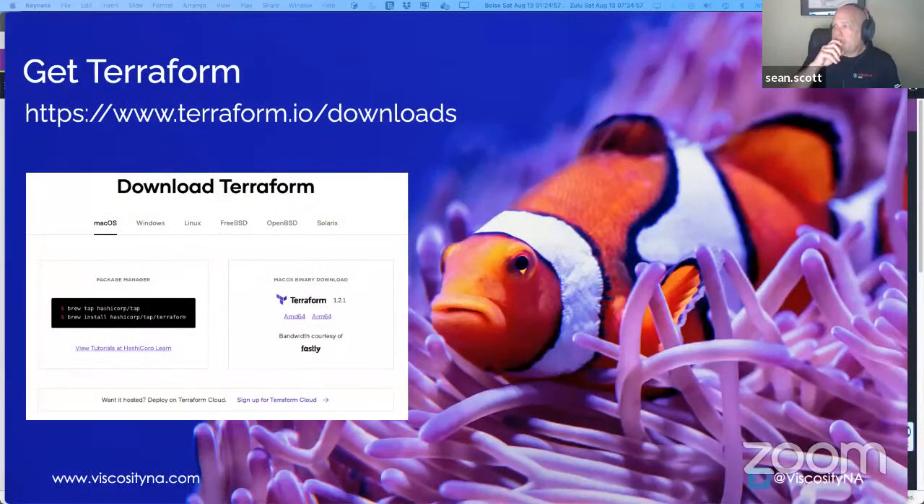So let's talk real briefly about how we get Terraform, and we'll go from the concept part of the session into the demonstration and the technical part here. So the first thing that we'll do is we'll go out and we'll download Terraform. As you can see here on the screen,